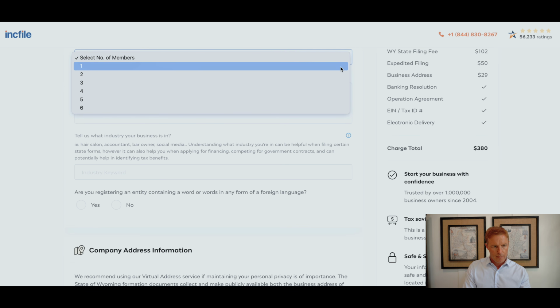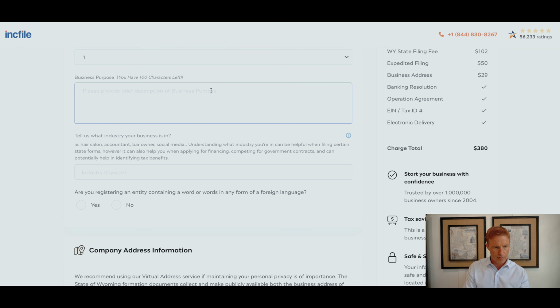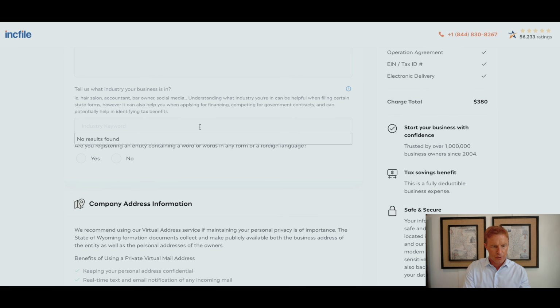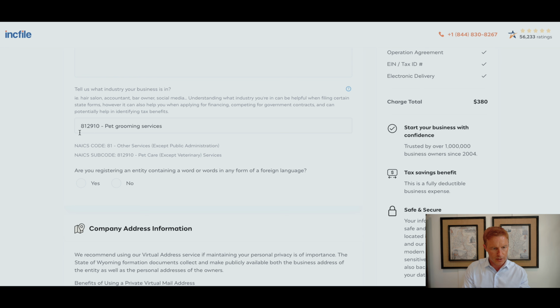Okay, so number of members. I'm going to have a single member LLC, but you can have more than one member, of course. Business purpose, dog grooming. Okay, industry keyword. Just try to describe what industry you're in. I'm going to try pet grooming, see what pops up. Okay, pet grooming service. You'll see that I've been assigned a number,